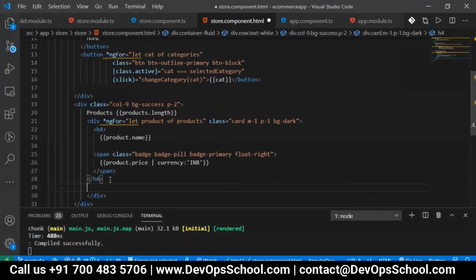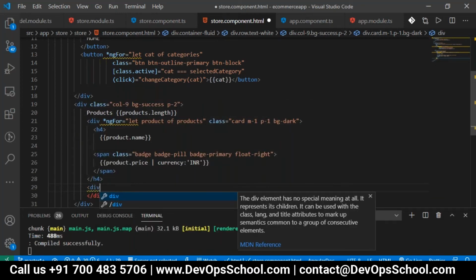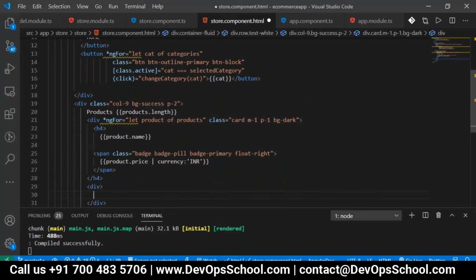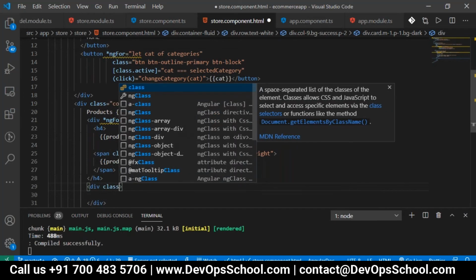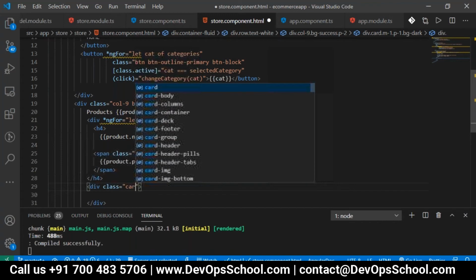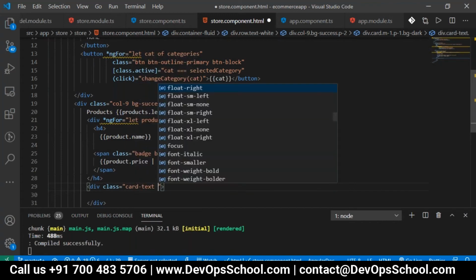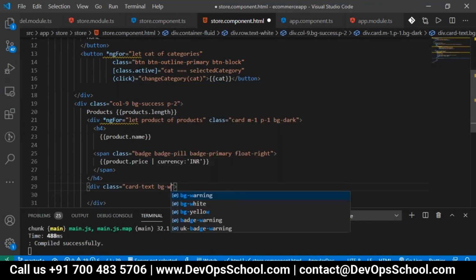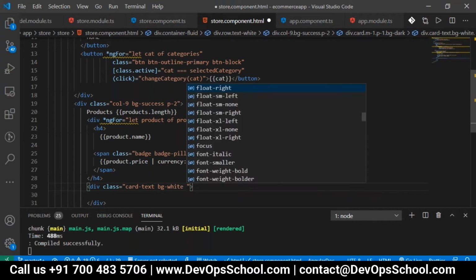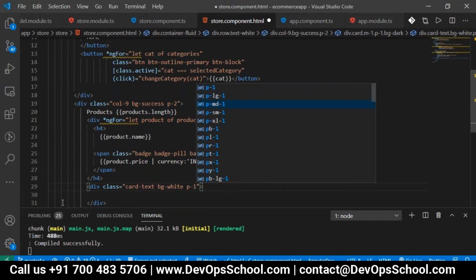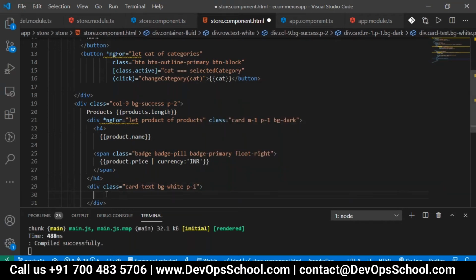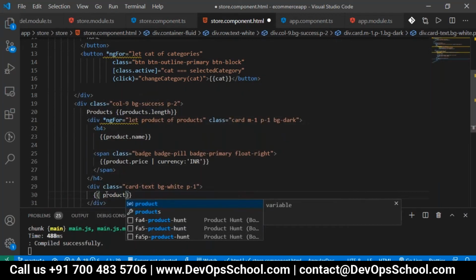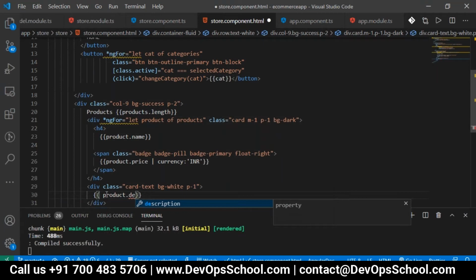So inside of this itself, I'm taking a div, class which is card text, bg white and p-1. I'm just displaying a product description.